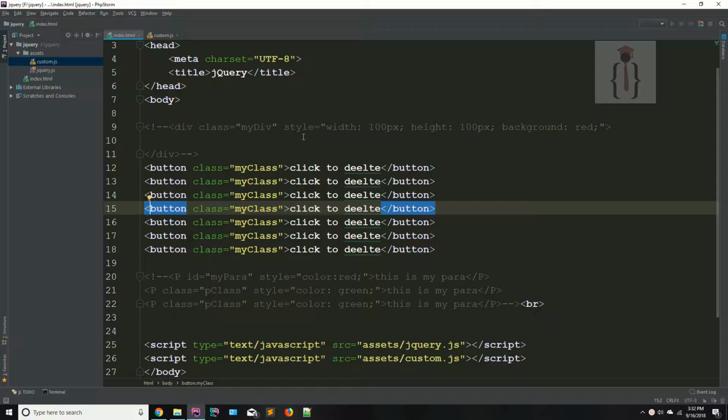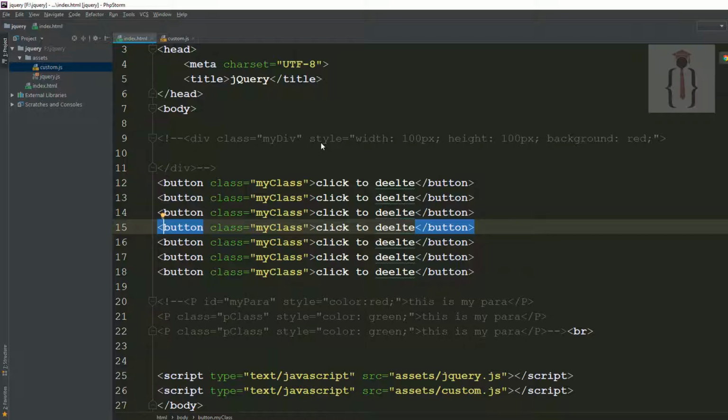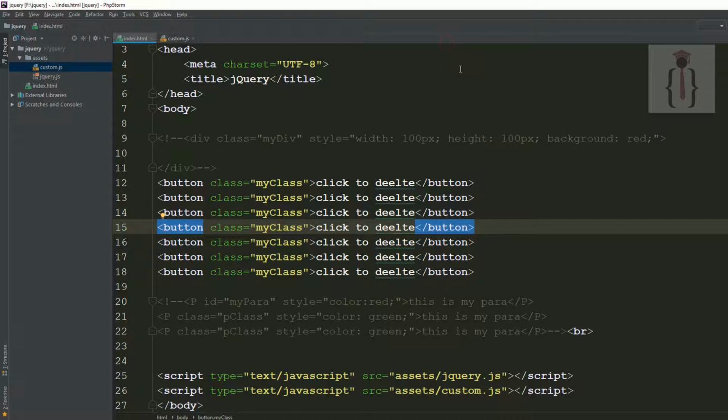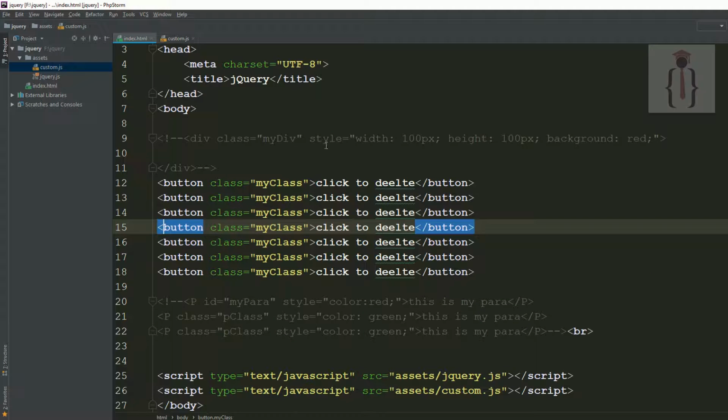Today we are going to discuss the CSS and the submit. So how can you use the CSS and the submit callback functions or the action? I'm saying that I have these buttons. As you know, we have deleted this button. So now I'm saying whenever someone clicks on this class,